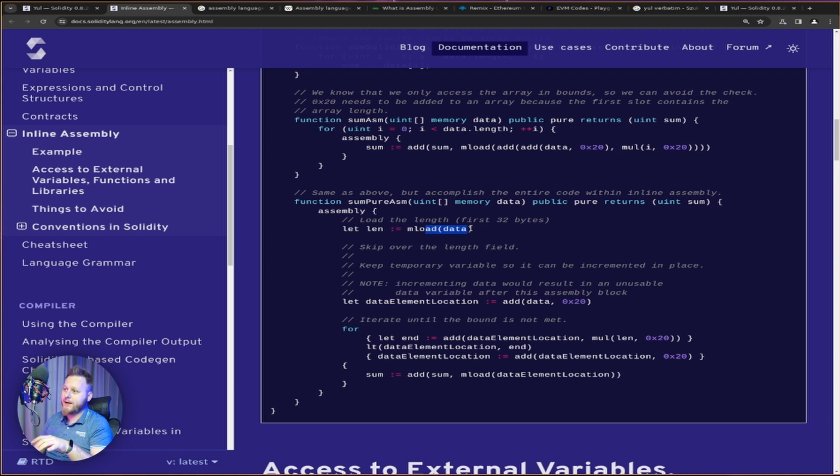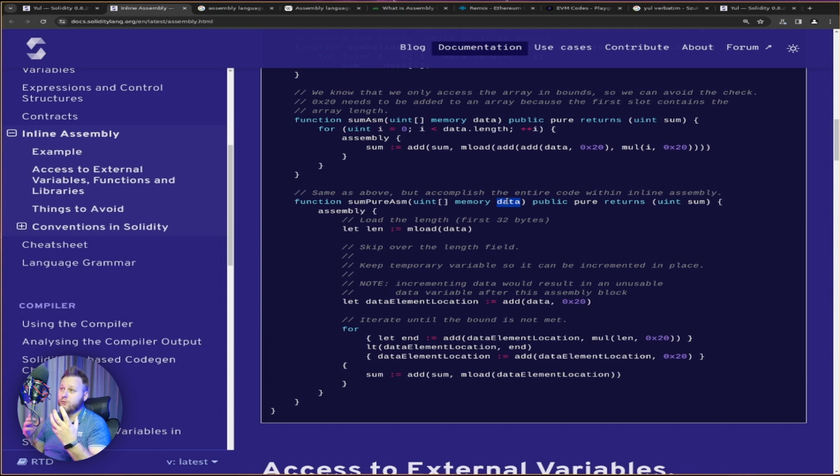It's always like that. So here in this function, we have the data, which is an unbounded array of uints, and it's stored in memory. So if we are loading data, and so actually pointer types, which are